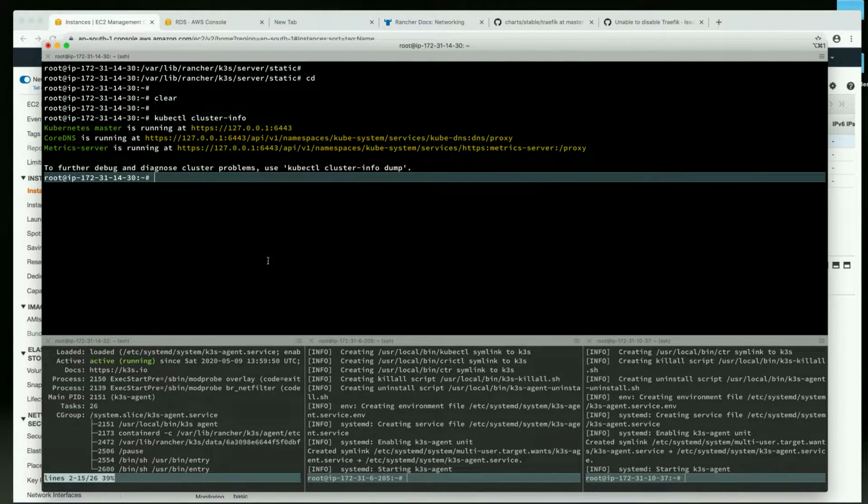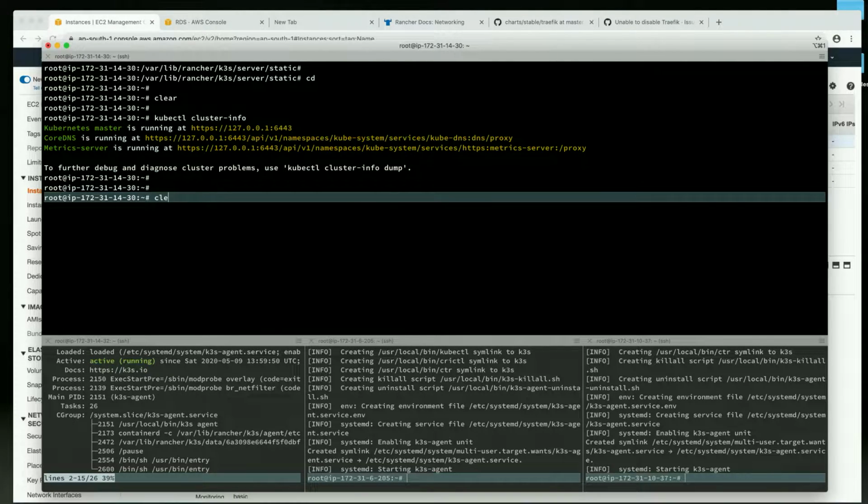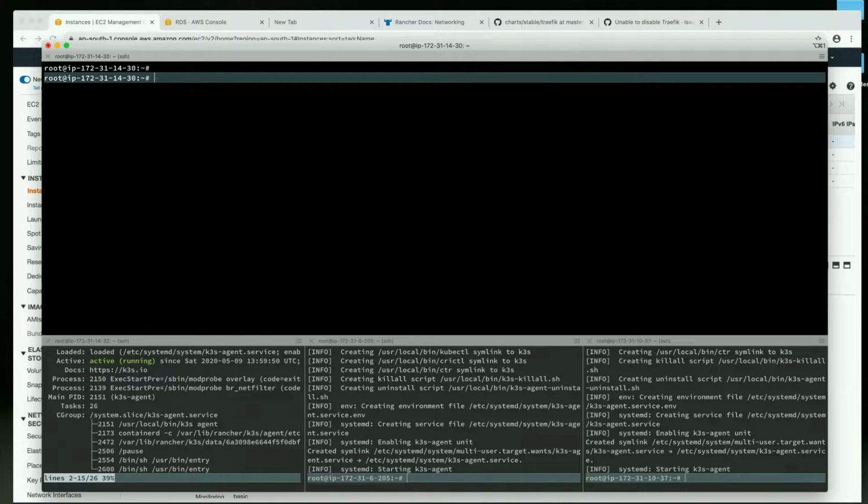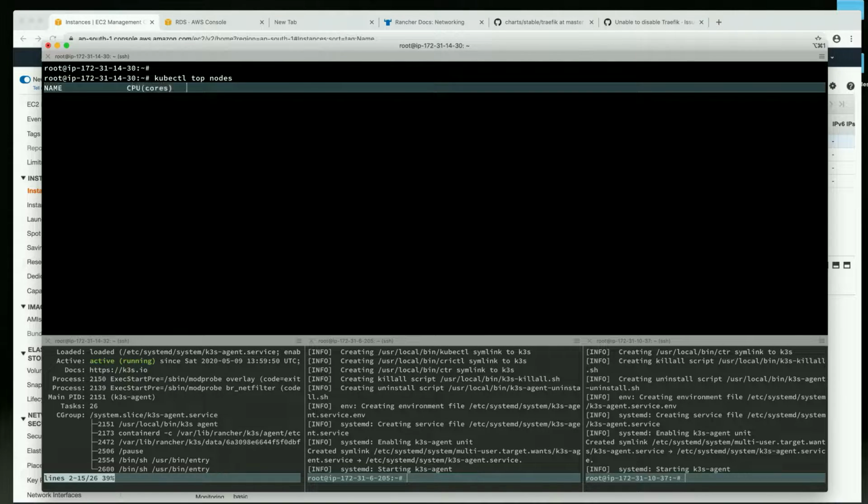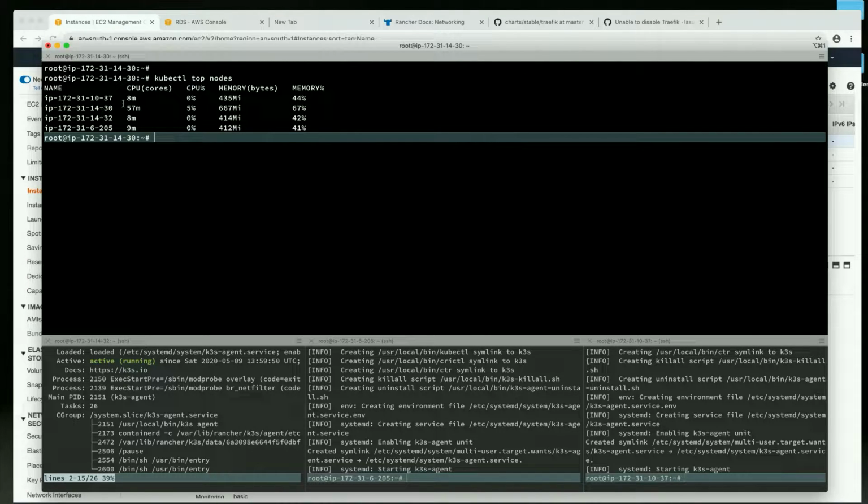As you can see, Kubernetes master is up and running and CoreDNS is also up and running. This is the address you can see, and metrics server is also installed by default. That means we can get the metrics of your nodes and metrics of your pods. Let's check that: kubectl top nodes. This particular command will give you the statistics of CPU and memory